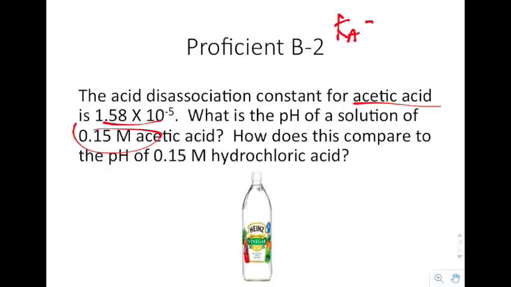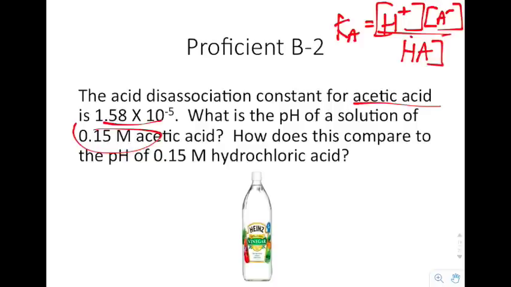A lot of times people will write Ka expressions as just H, A minus, over HA. If you wanted to, instead of writing A, you could write it as acetate, CH3COO, but I like this version a little better because it works for everything. So now what I'm going to do